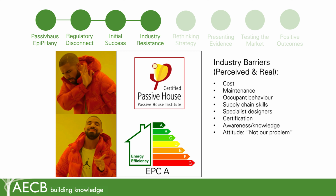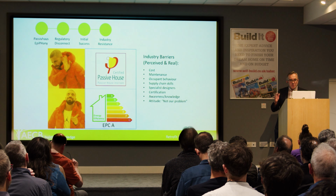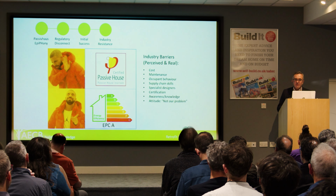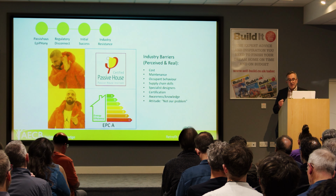What we discovered was that resistance to the standard ran deep and included both real and perceived barriers, some of which are on the screen, with uncertainty over cost being the principal concern, but amongst others. As architects, and we were fairly new to this field, cost certainty wasn't something that we could provide the answers to, and it was becoming apparent that despite the declaration of a climate emergency in Wales,